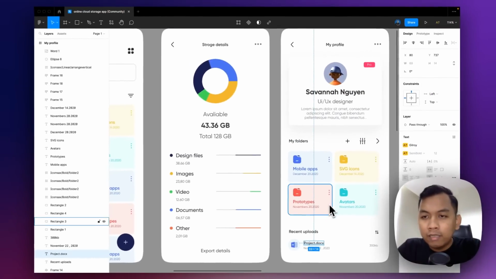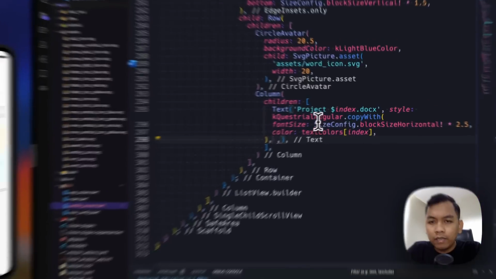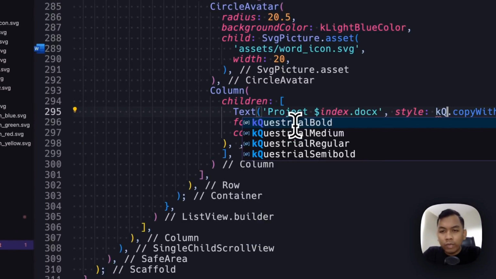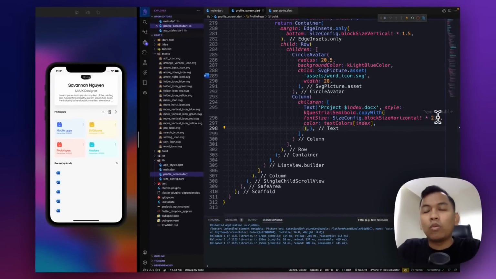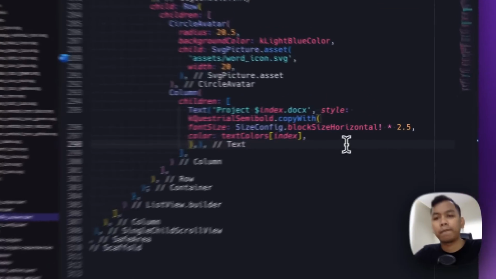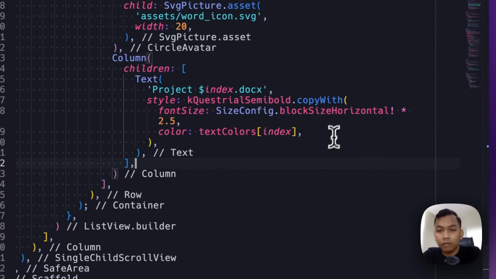And let's check this semi-bold 12. So okay, equatorial semi-bold and 12. So let's test.